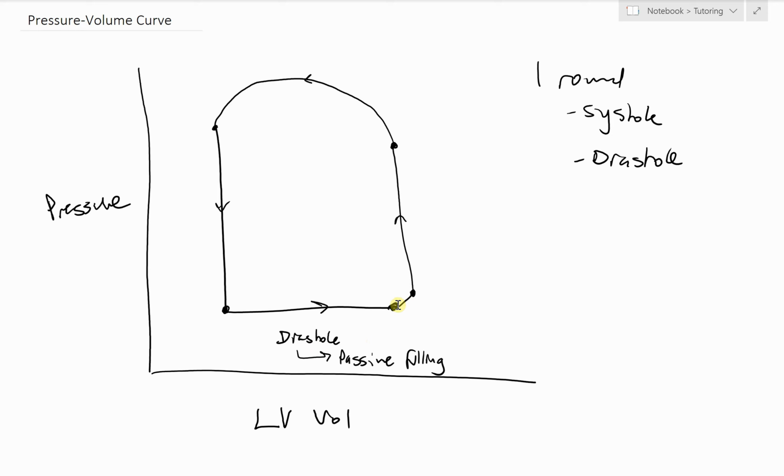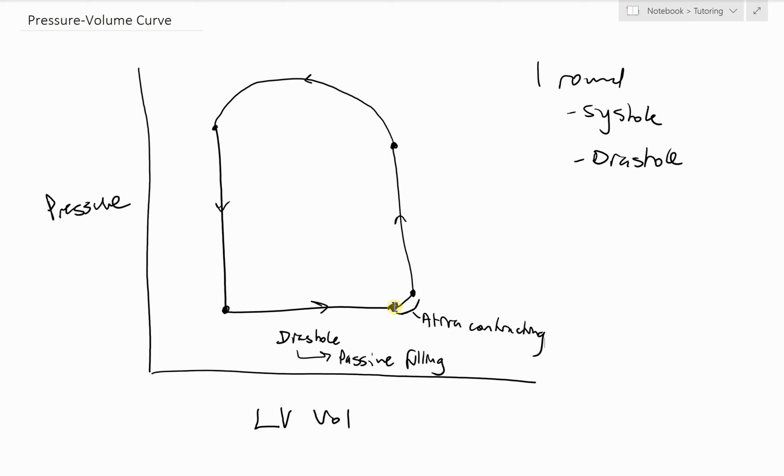We get to a point here where there's a slight bump in the curve. And what this is actually showing here is the atria contracting. So when we get to this point right here, the ventricle is now full of blood, and in order to push a little bit more blood in, the atria contracts, it squeezes that tiny bit more blood into the ventricle, and in doing so, it actually starts to stretch the ventricle out. So now it's not just passively filling the balloon up, you're now actually blowing a bit more air or a bit more fluid into the balloon,